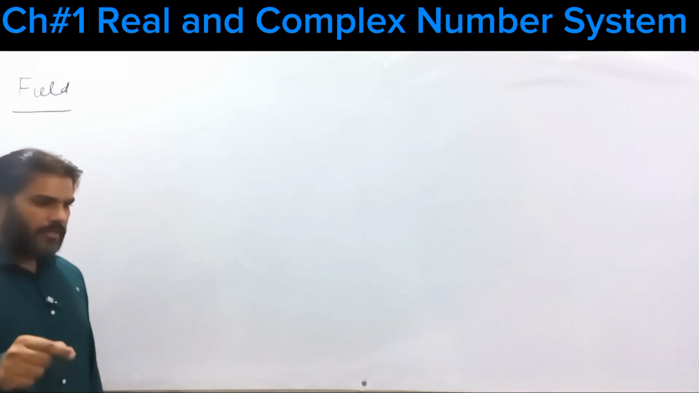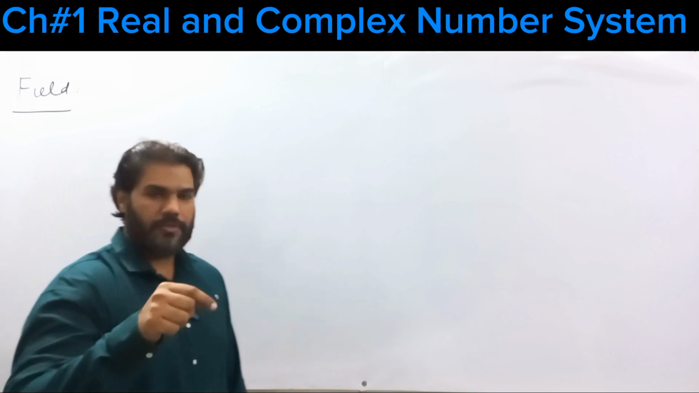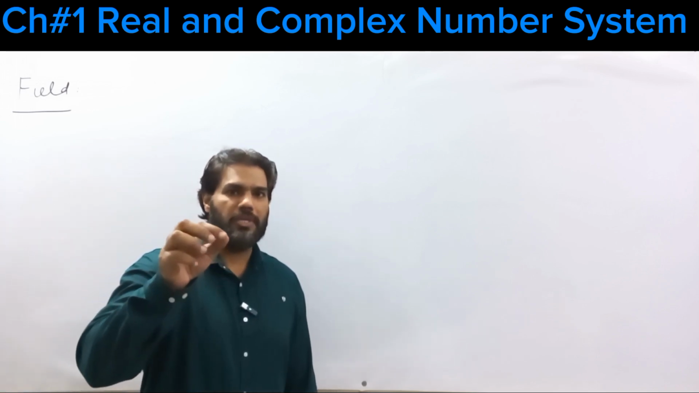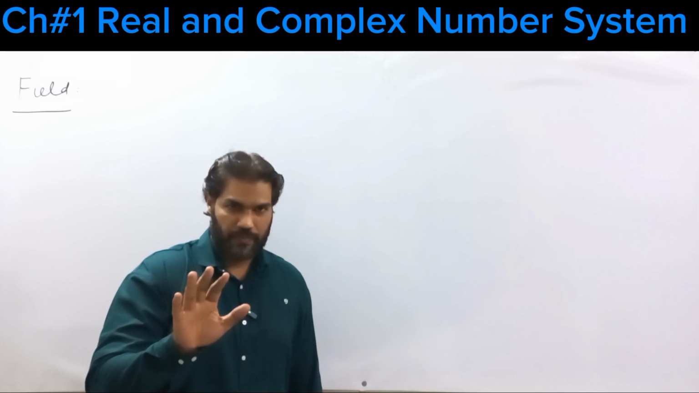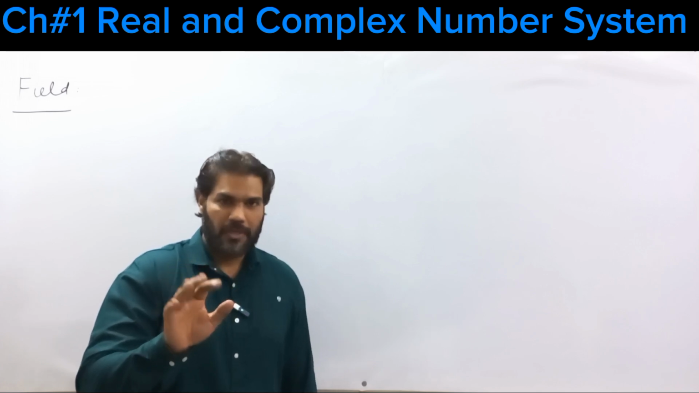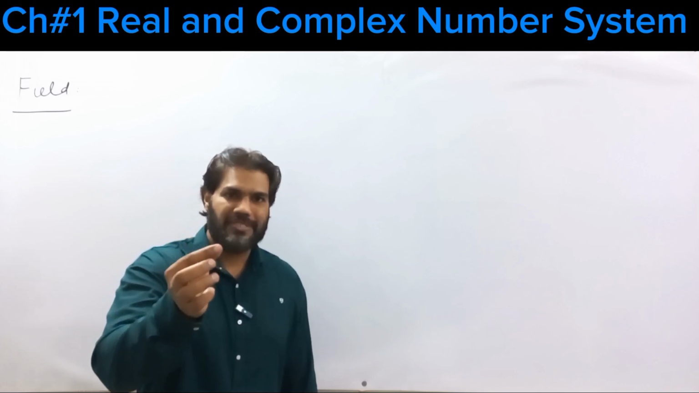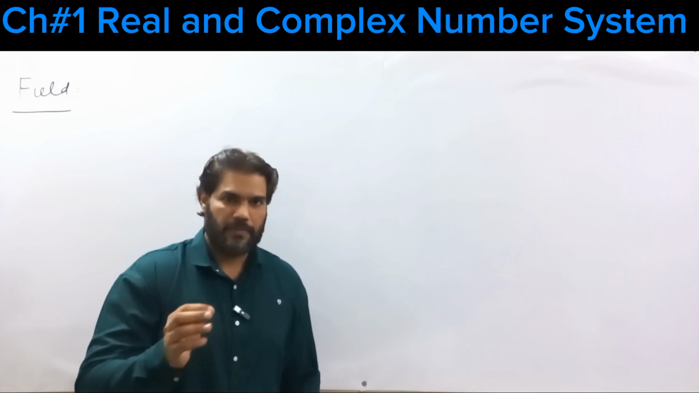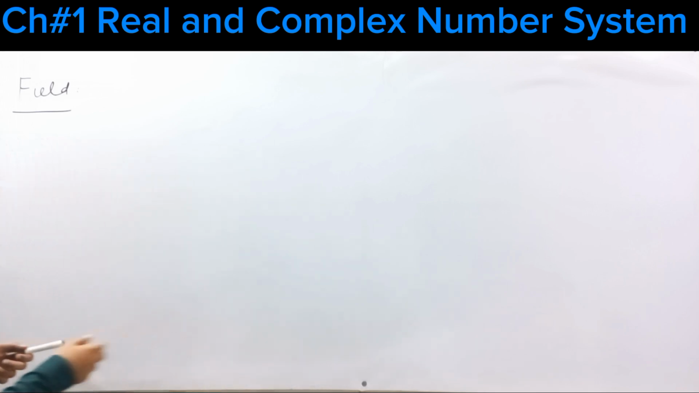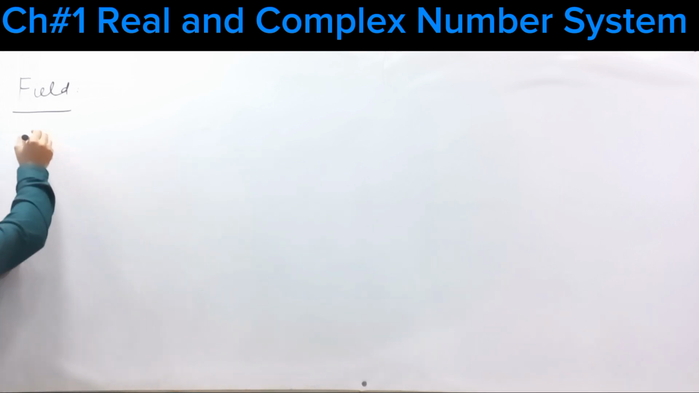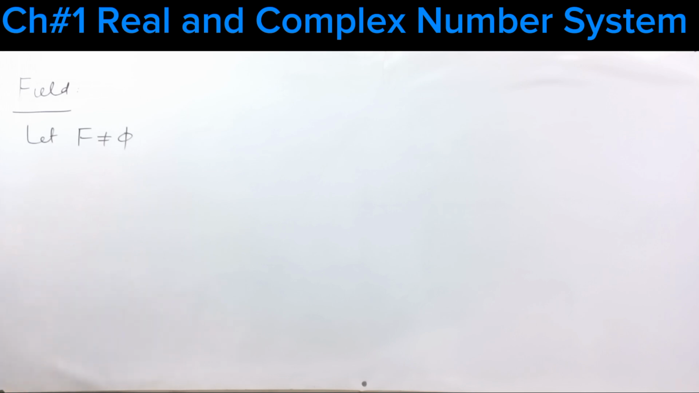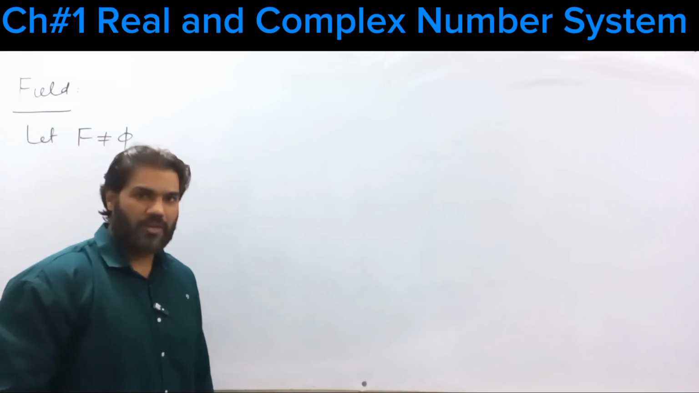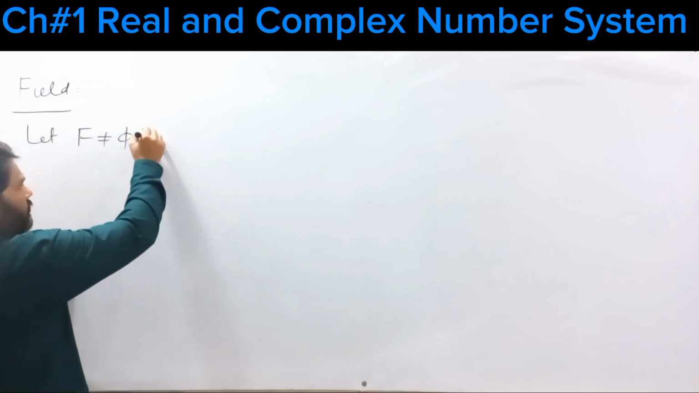A field and the ordered field both are actually names of a set. Firstly, field is not a function, not a mapping. These are the names of sets. This is the first thing. So firstly, how can we define field? Let F be a non-empty set. This is the first condition. Suppose F is a non-empty set with